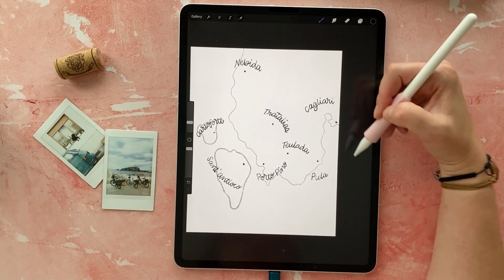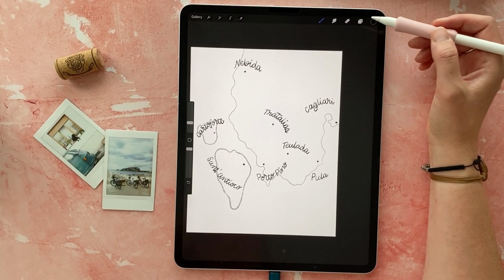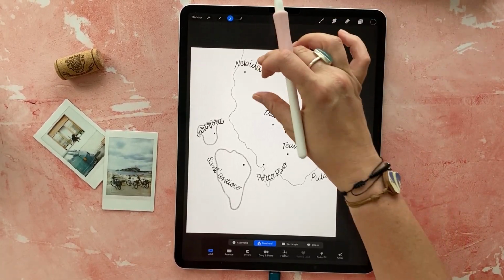And now I'm gonna just take a look and see if there's any way that I can move those, or if there's any adjustments I want to make. So